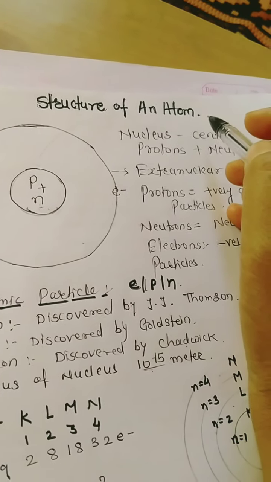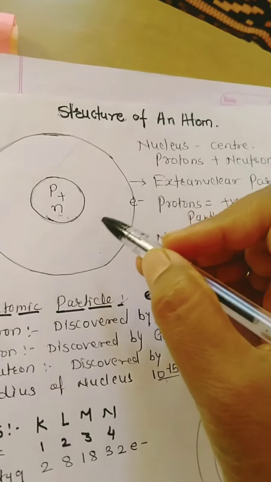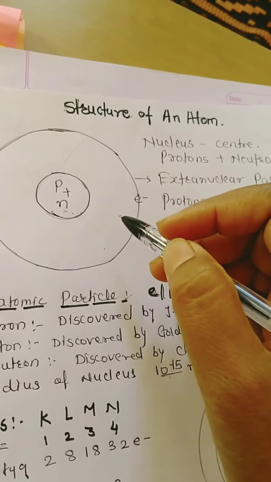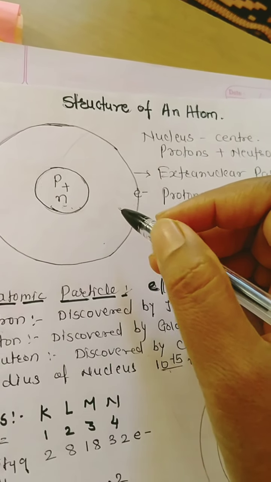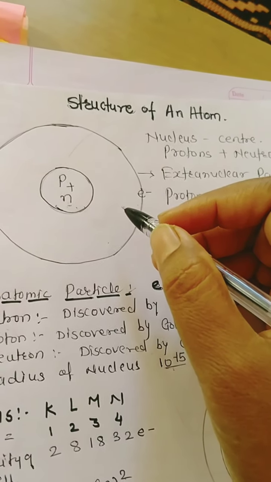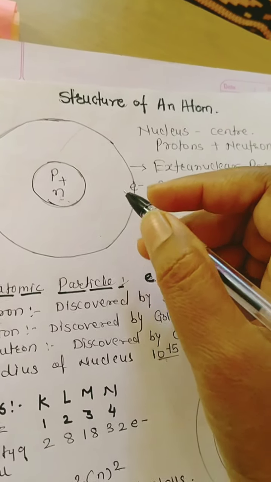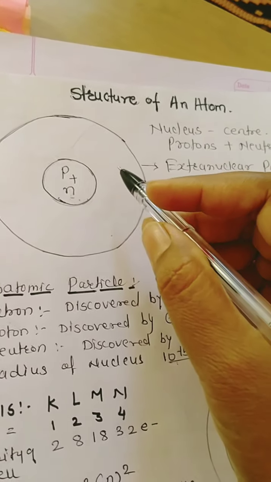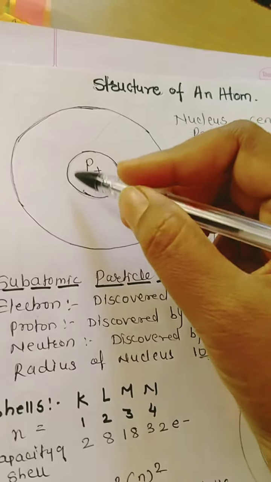We know that, what is an atom? Atom is the smallest indivisible or indestructible particle of matter. मतलब matter का सबसे छोटा particle होता है जिसे हम divide नहीं कर सकते. Okay, that is called an atom. यहाँ पे मैंने structure draw किया है.